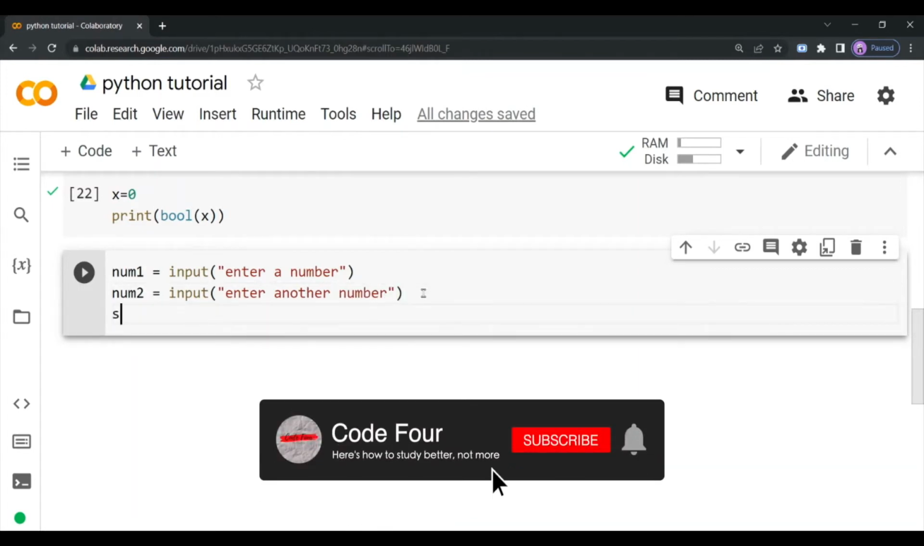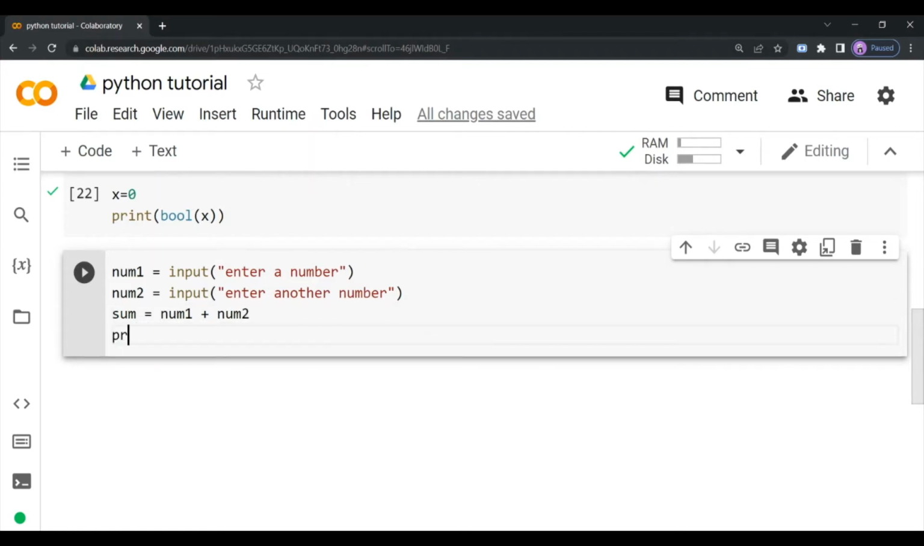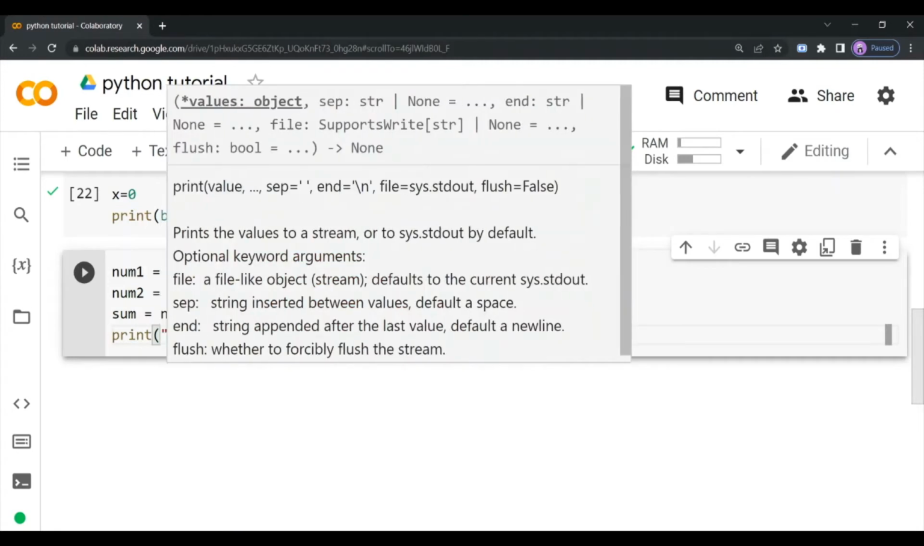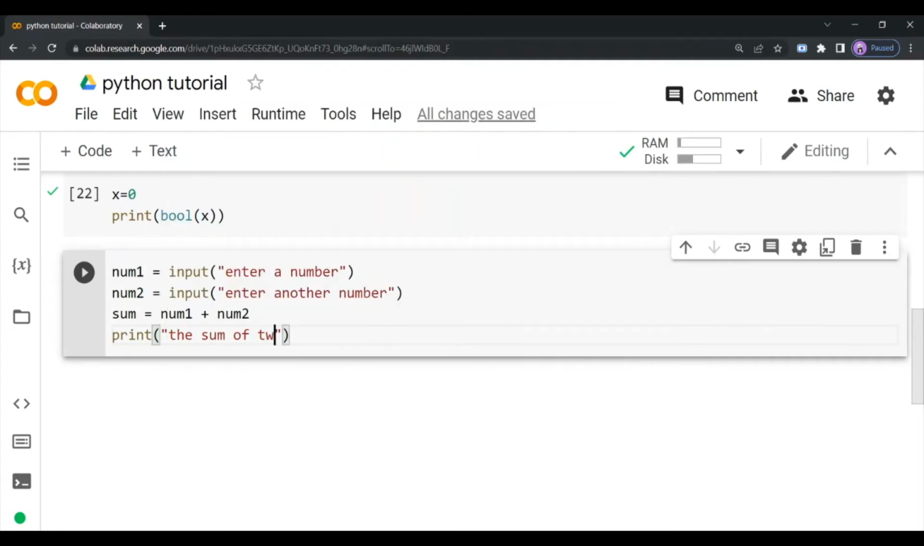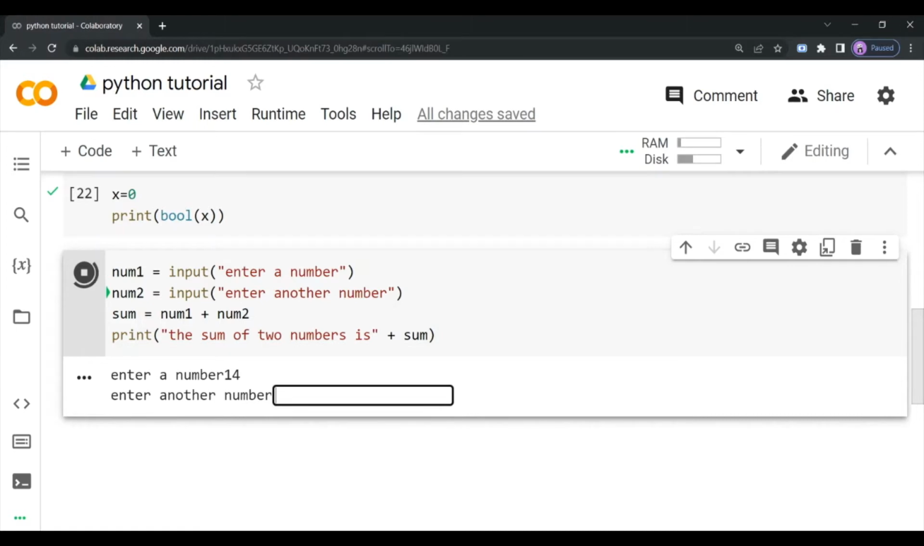So the sum is equal to num1 plus num2. Now you're going to print the sum of two numbers is plus sum. So if you run it, this program is wrong. So there will be an error. Now if I type in 14 and another number 12,